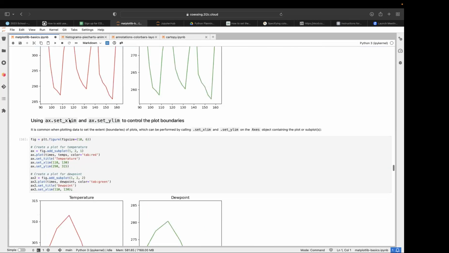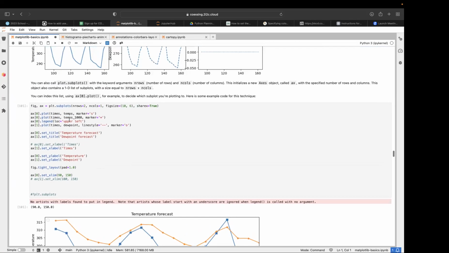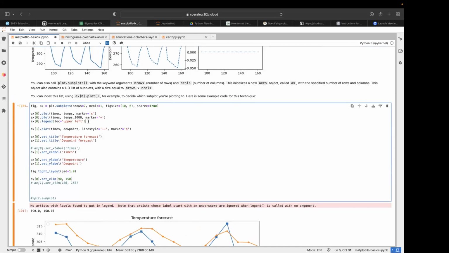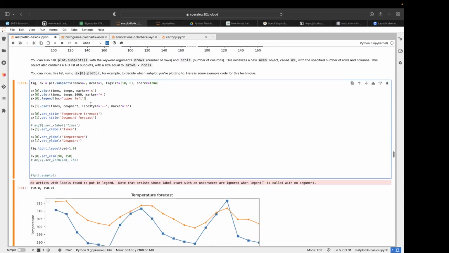Well, maybe it doesn't look like I'm able to. Oh, I don't have any labels. That's why. Okay, so that was a teaching moment. I tried to add a legend to the plot, but there are no labels here, so it doesn't know